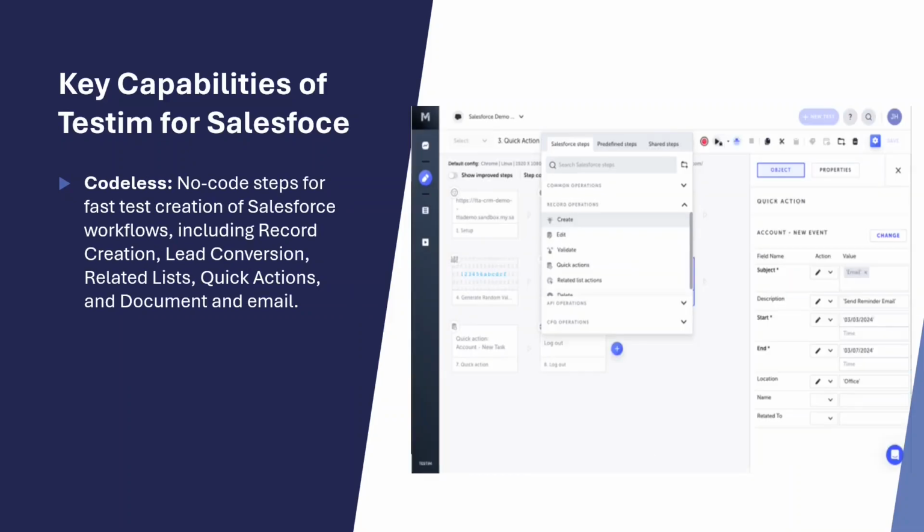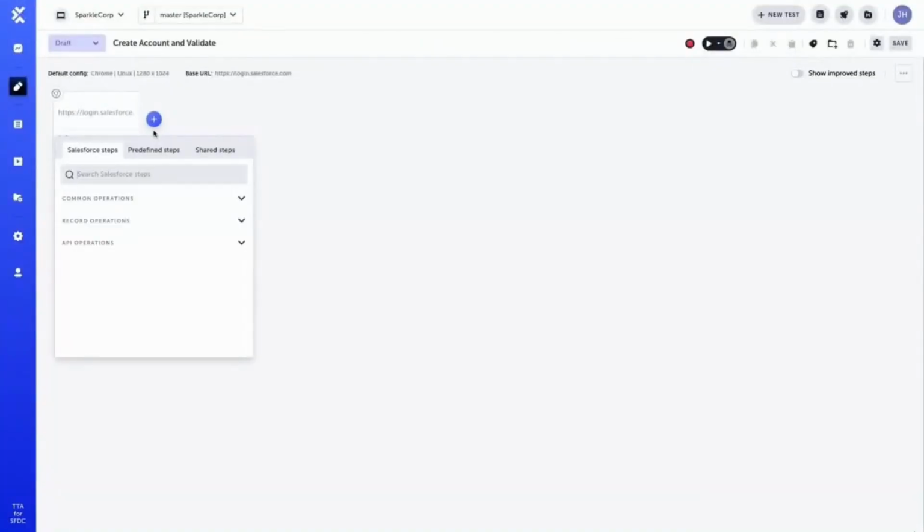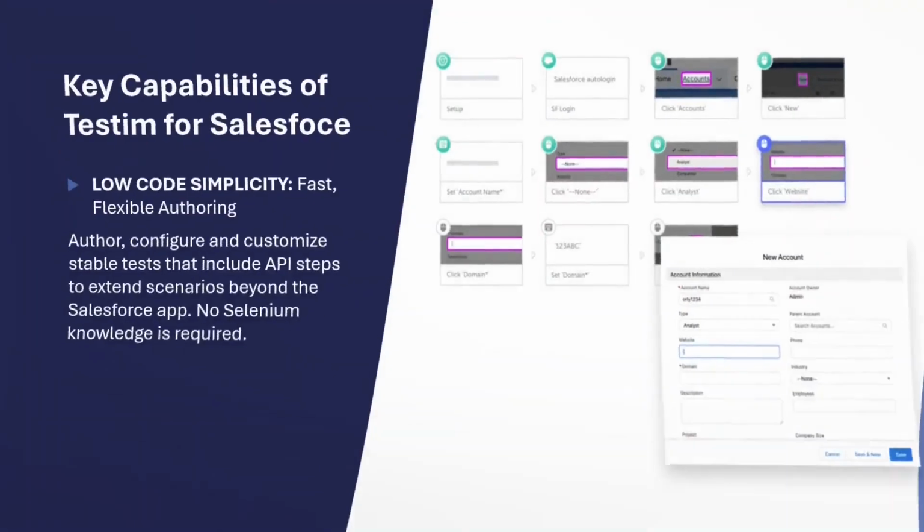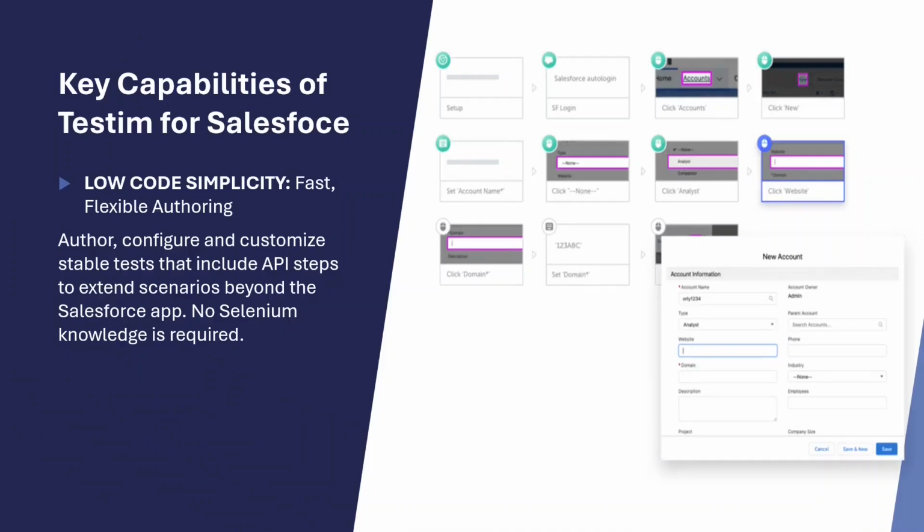So, next key capability or feature of this particular tool is codeless. This tool is a no code tool. So, no code steps for fast test creation of Salesforce workflows, including record creation, lead conversion, related lists, quick actions, and document and email. These are all the different features that are available in the codeless automation tool called the Tricentis Testim Salesforce tool. Our next key capability is low code simplicity,